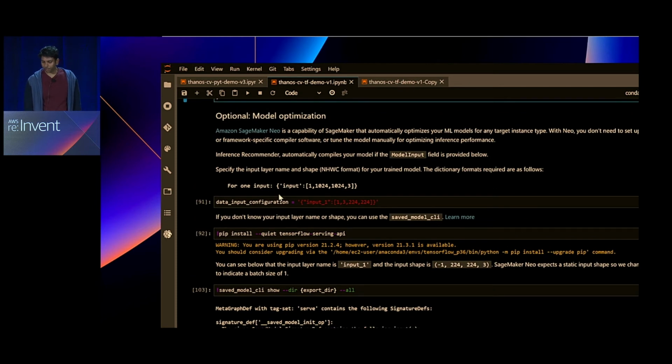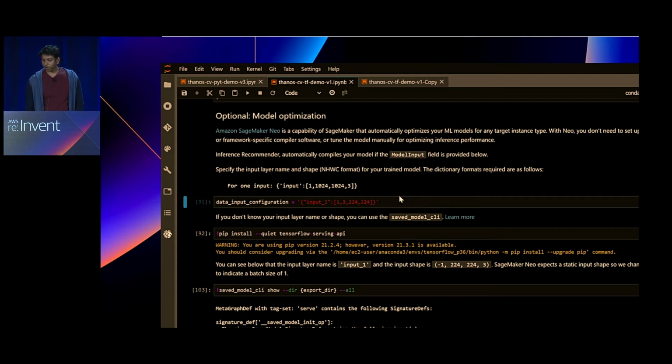This is also a key aspect of Inference Recommender I want to point out: it can help you perform automated ML model optimizations. If you're not familiar with SageMaker Neo, it's a service that can take your ML model and perform optimizations that improve your performance without affecting your accuracy.